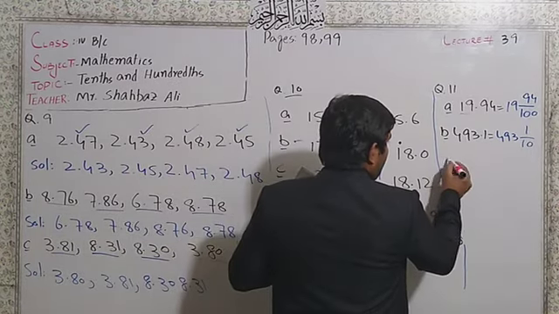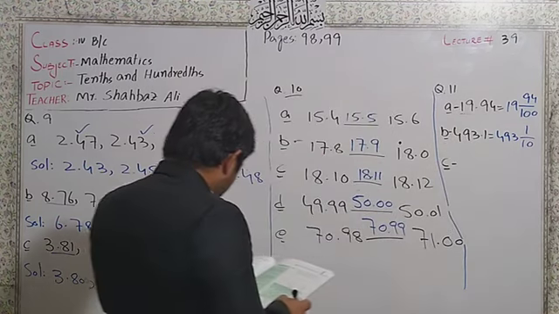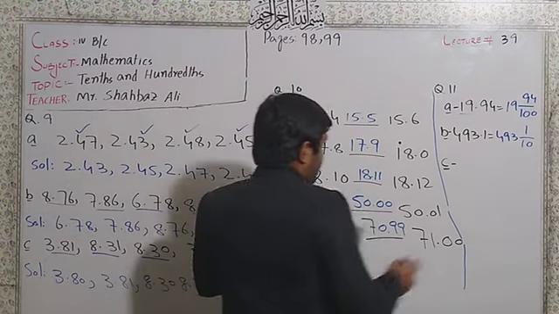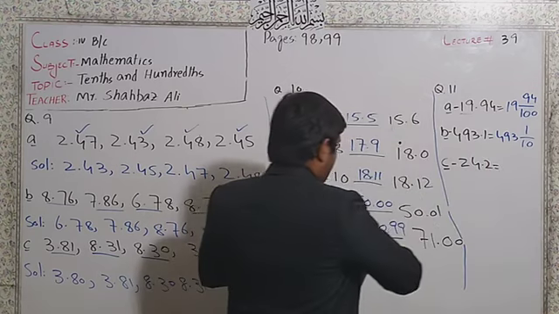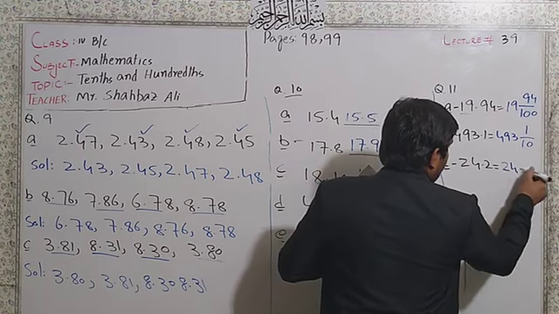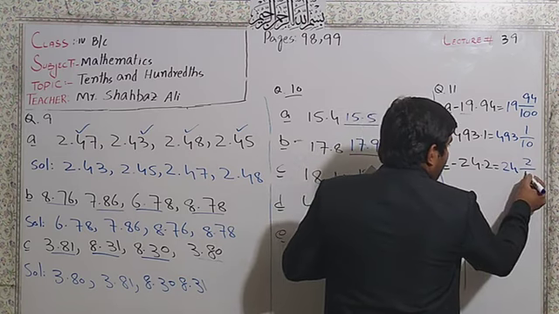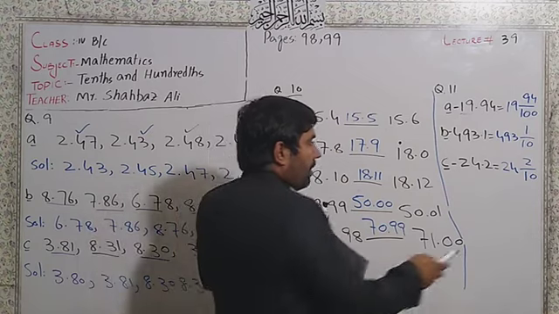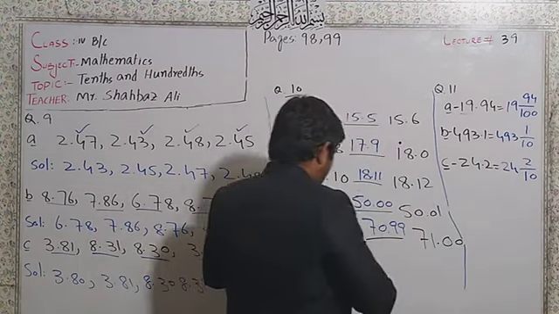In C, 24.2. So first of all you write 24, and then 2 will be here. In place of the point we would write 1 and 0. If you have 1 digit, we put 1, 0. If you have 2 digits, like this, 1, 0, 0.